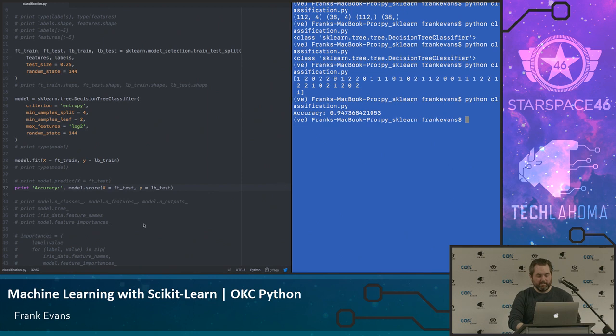But it's very easy for me to tell how accurate I was if I want to go change something up here. So let's say instead of optimizing for entropy, I wanted to do it based on Gini. I don't even remember what that stands for. It means something. And I get about the same, don't I? Almost the same, I'm guessing. Let's crank this up. Let's say you have to have 10 before you're allowed to split. Let's back it off.